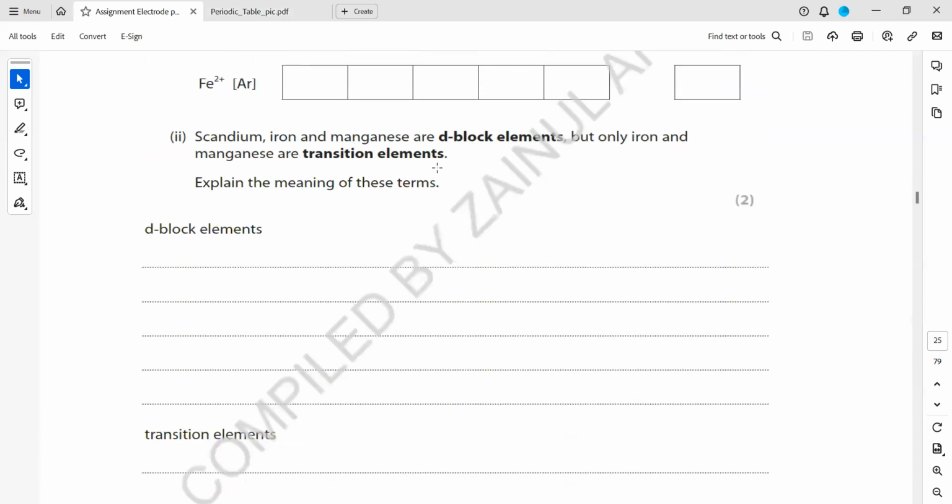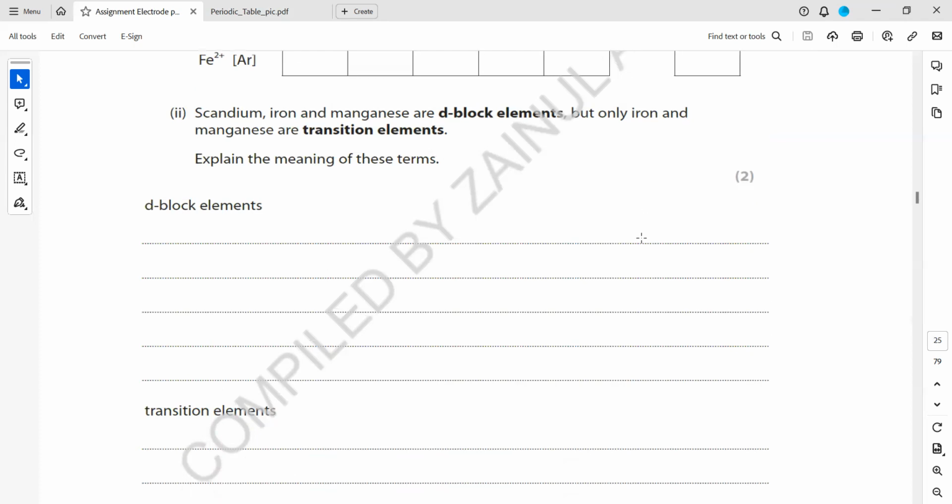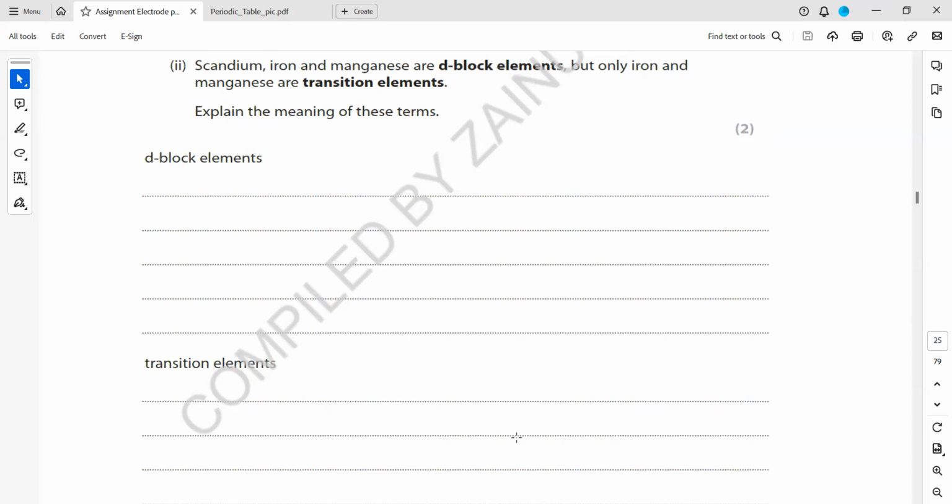The next: scandium, iron and manganese are d block, but only iron and manganese are transition. Explain the meaning of this term, d block element. What is the meaning of a d block element? A d block element means the electronic configuration is built up in terms of the least energy level first, so the last electron goes into the d orbital. That is called a d block element. So when we fill up the last electron according to energy,